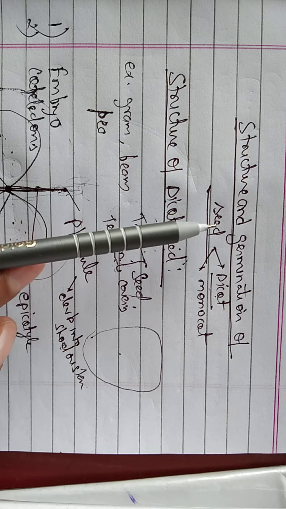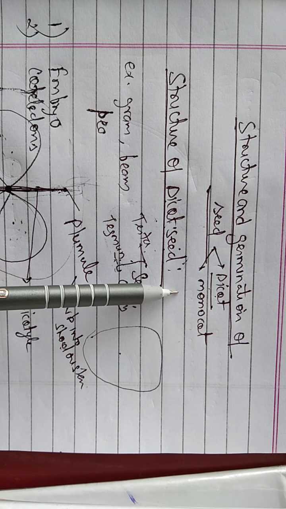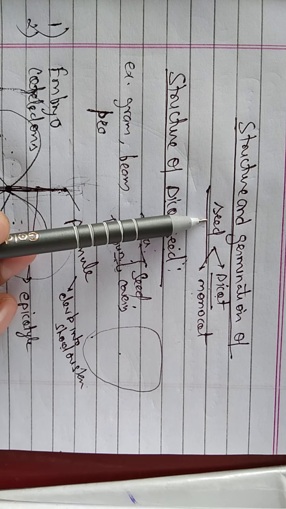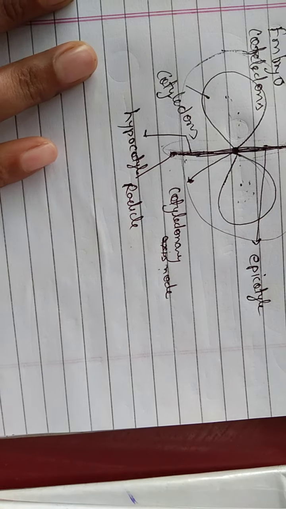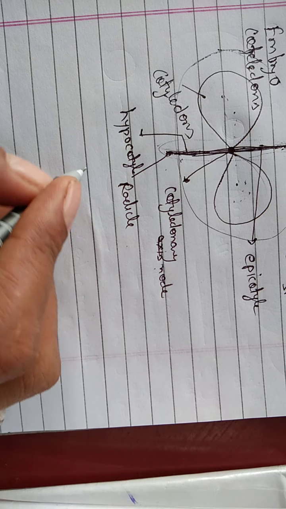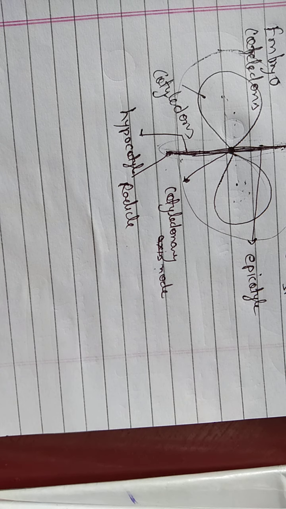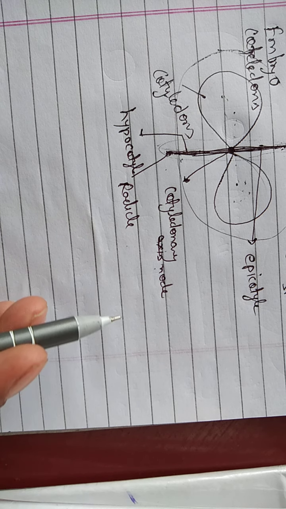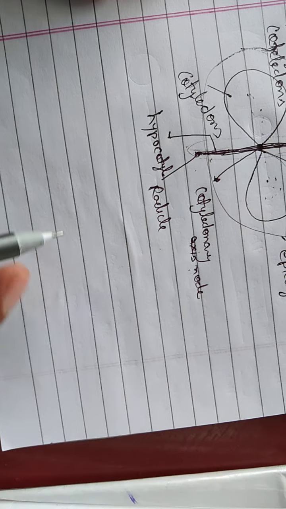I have told you that seed is divided into two types on the basis of the number of cotyledons. If the seed has one cotyledon, it is known as monocot, and if it has two cotyledons, it is known as dicot. Seed is also divided into two types on the basis of presence and absence of endosperm. Endosperm is a structure formed in angiospermic plants after triple fusion or double fertilization. It also provides nutrition to the developing embryo.